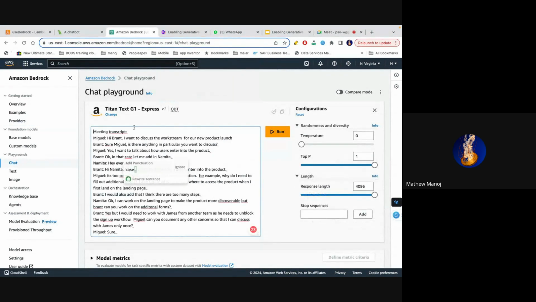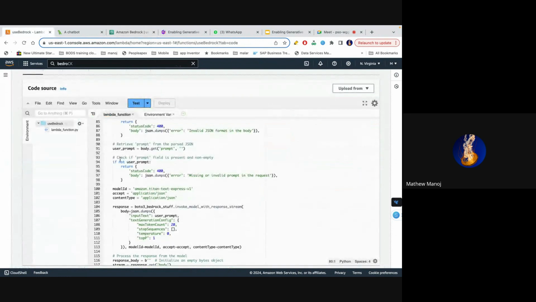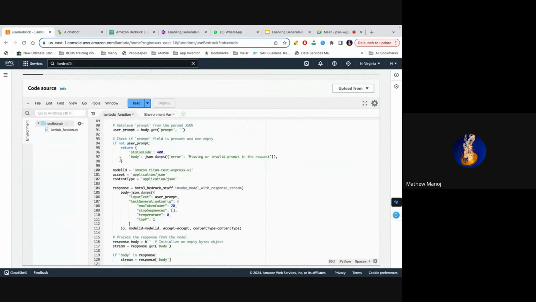Right now, in the Lambda service here, I have specified that the max tokens it outputs should be around 20 tokens. Roughly three-fourths of a word is considered a token, and based on that you will create tokens for whatever you're generating.